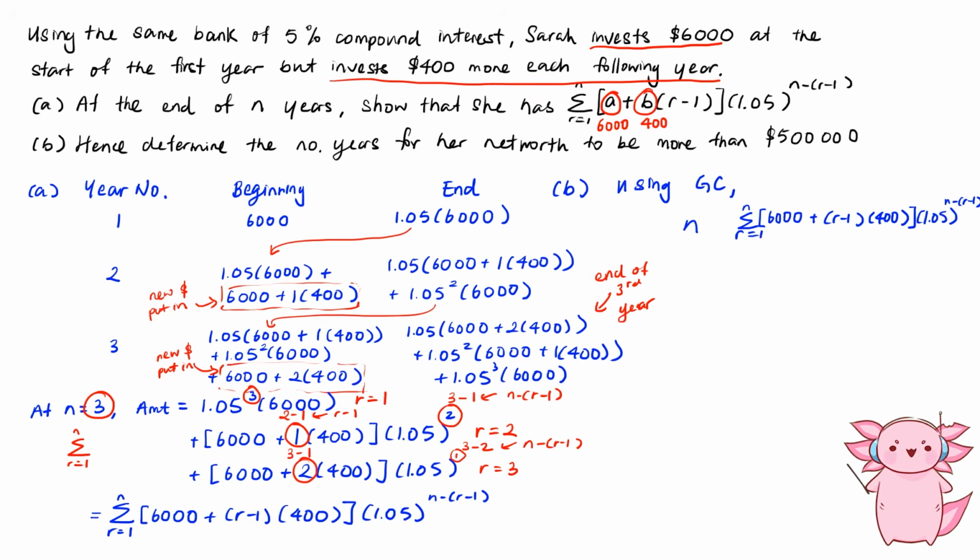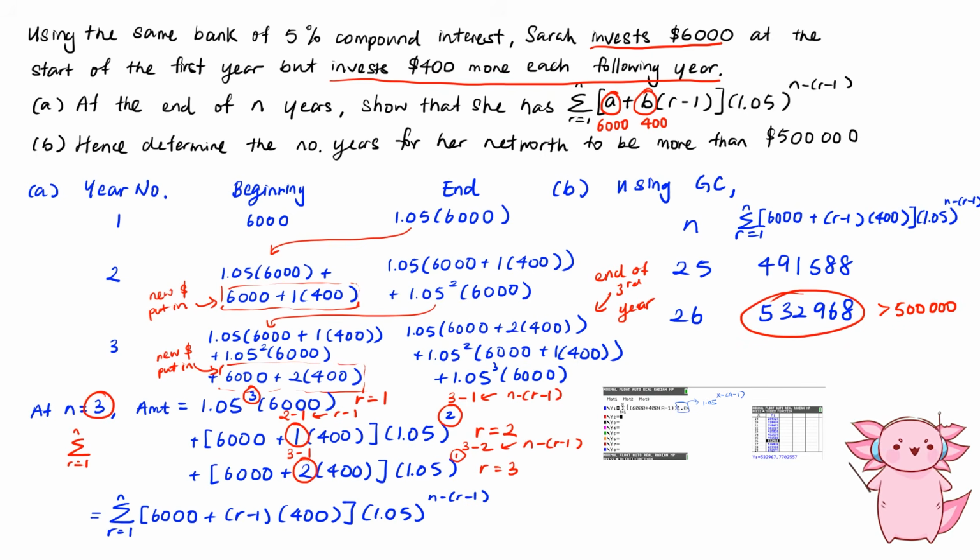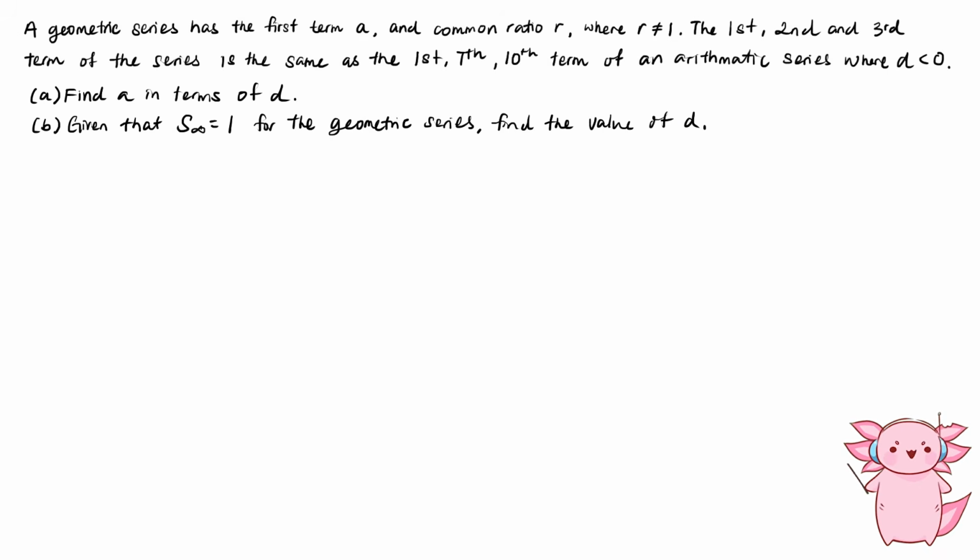So putting all this in a graphing calculator, we can again look for the sum from year 1 to year n where the amount is greater than $500,000. So we can see over here that at year 26, she is officially half a millionaire. Unlike me. This question is really interesting, where the first, second, and third term of a geometric series is equal